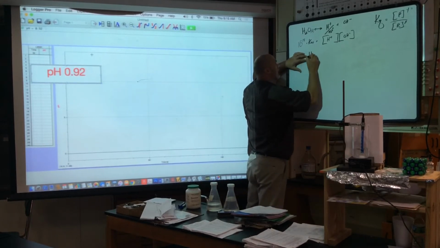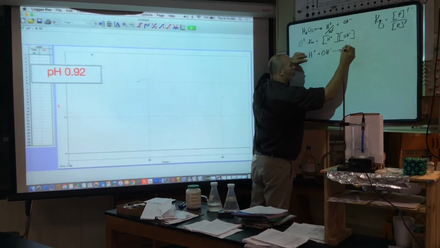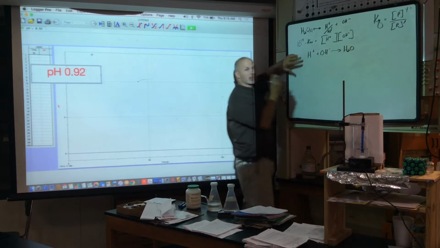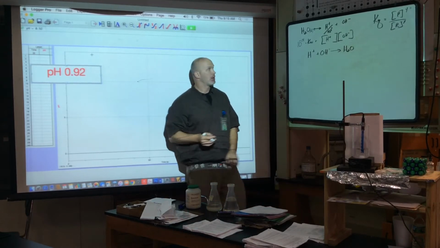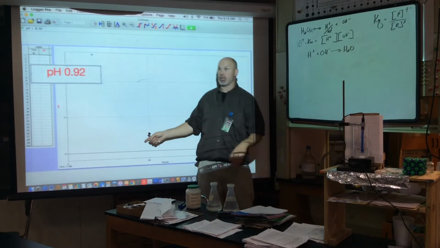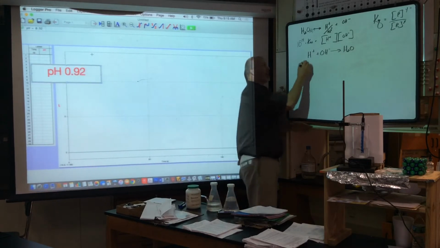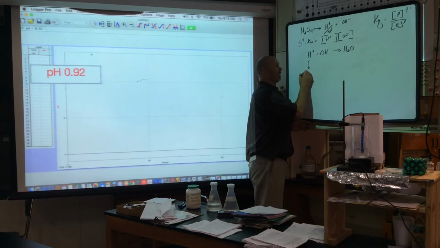So really, to write this, I should write it this way: the proton plus a hydroxide makes water. And this is the basis of neutralization. If you've got a low pH, which makes it a low pH,